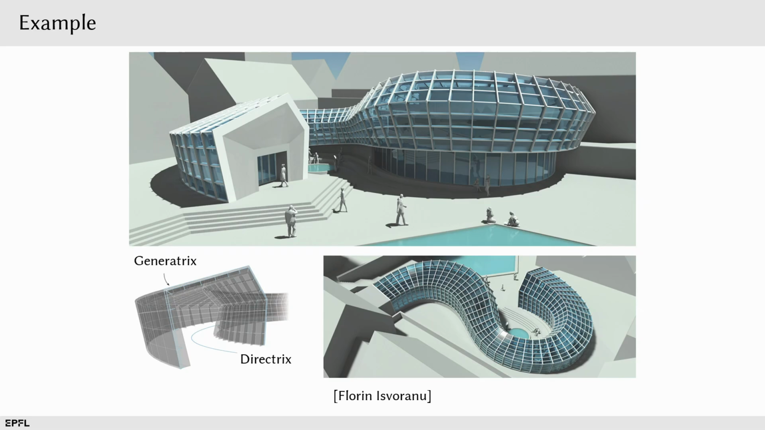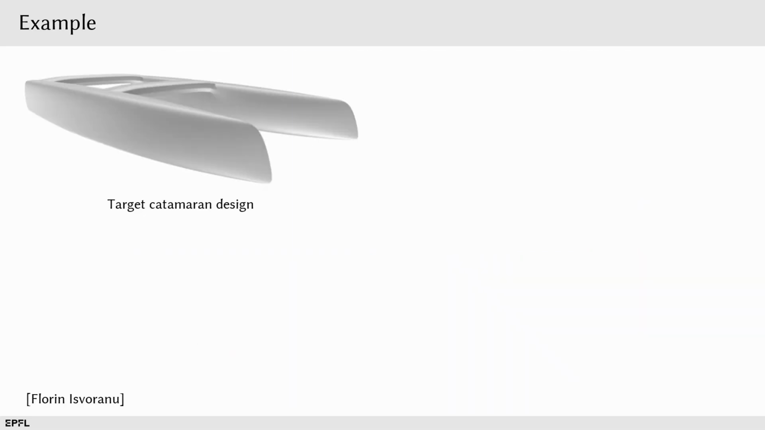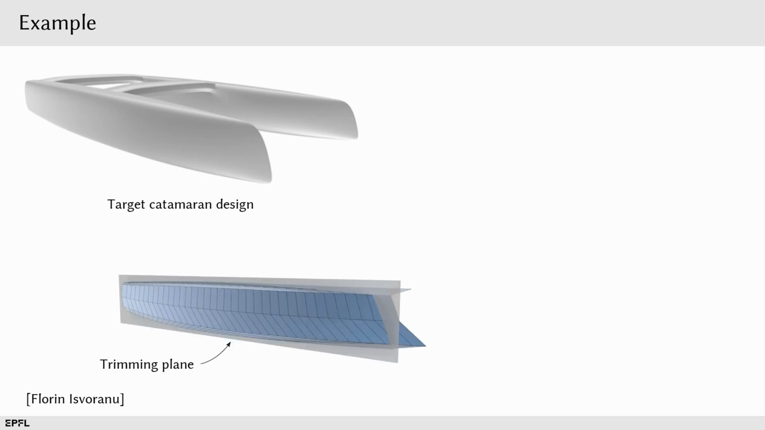so at least with the modifications we made regarding the implementation, we got good feedback from test users. Florian, the architect in our lab, designed this glass facade. He also experimented with approximating a catamaran with developable strips. For this, he